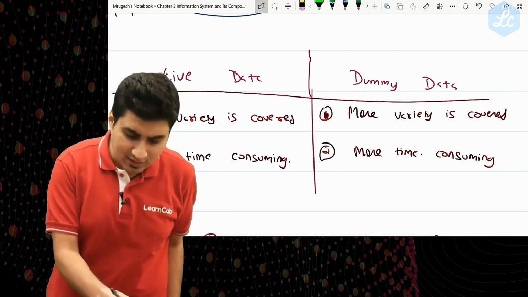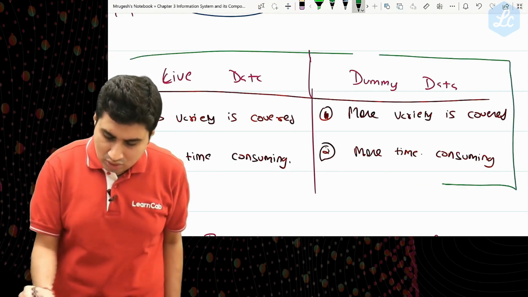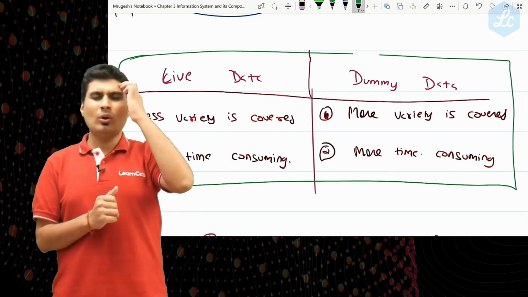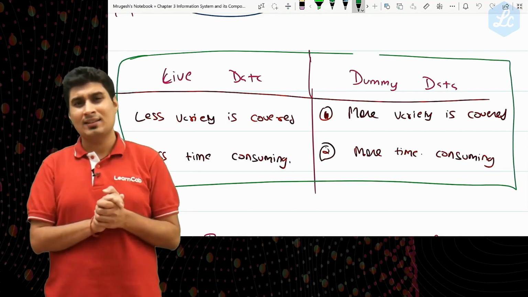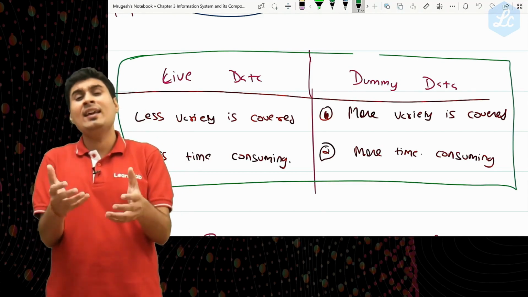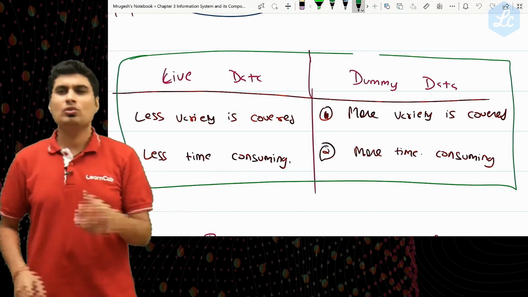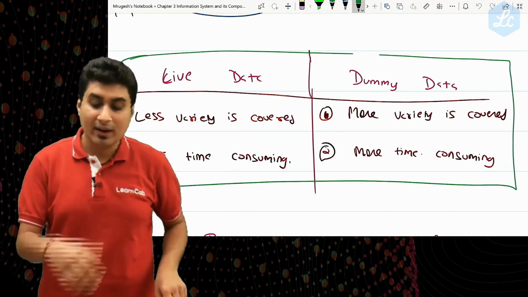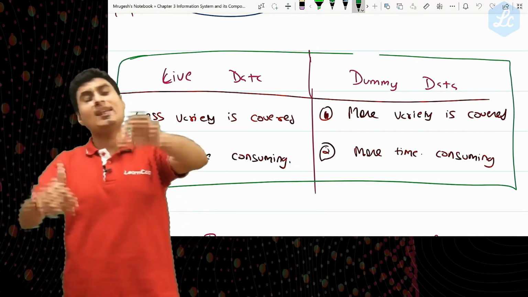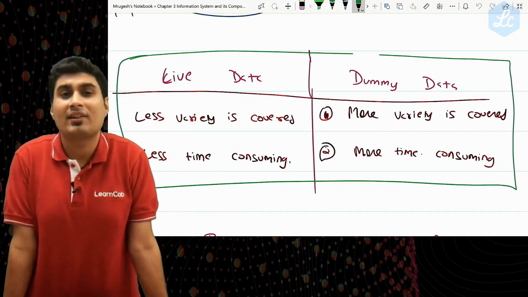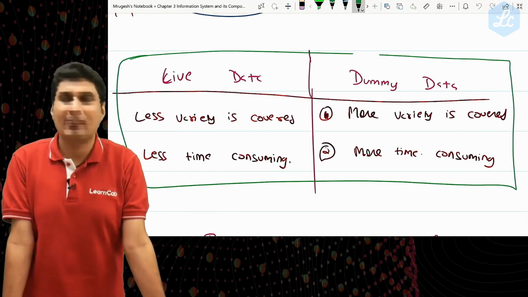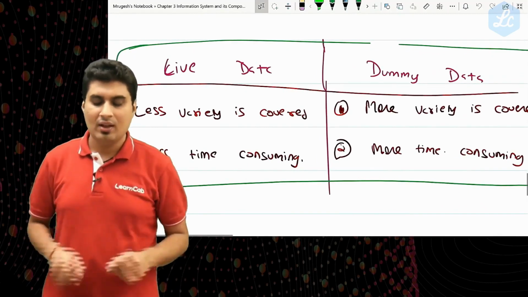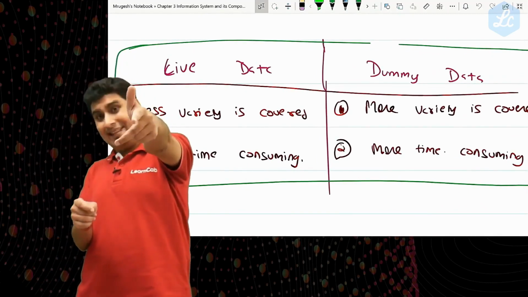This is not a part of the syllabus, but we are just doing it for knowledge. Why less variety in live? Because testing is not done for 12 months. It might be done for 15-20 days. You do not do an audit for the whole year. So of course, in 15-20 days limited things will come, of purchase, sale, inventory. But in dummy, you will create more and more variety. You will try to test impairment entries, depreciation entries, other complicated depreciation adjustments. Okay, so more variety, but more time consuming because we have to create.